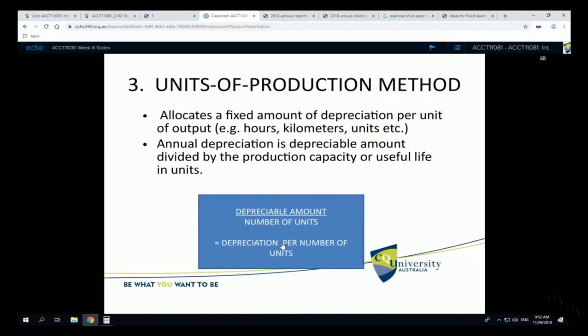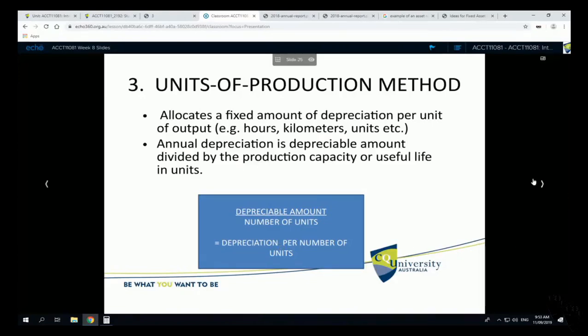So every year or every period, if you do it every day or every month or every week, whatever it is, every period that you're depreciating, you have to actually go and get how many units did we use up physically? How many hours did this machine run for? How many kilometres did this vehicle drive? Look at the odometer difference. So one more step, you need to obtain the actual number of units that were used in the period. So we've got a dollar value per unit. Once we get the actual number of units, multiply the two together,